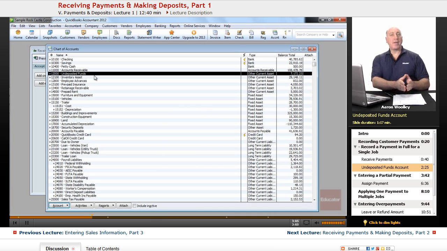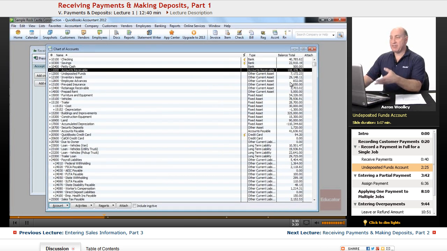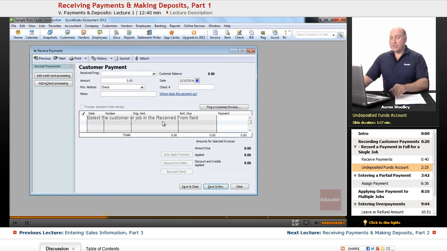If we have multiple bank accounts, maybe we have a payroll account, maybe we have an operating account or other bank accounts, we can actually deposit those funds into multiple different accounts. So it holds the money in the undeposited account. And we will show you how to make deposits a little bit later. But just notice that it does put the deposit that we just made, $47.32, into this holding account called Undeposited Funds, and it credits the accounts receivable account, lowering the amount of what our customers owe us. So now we've learned